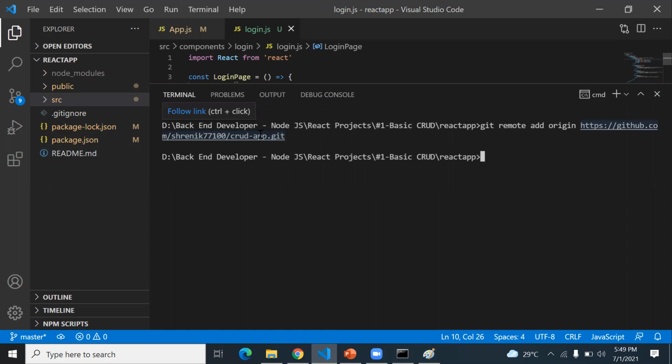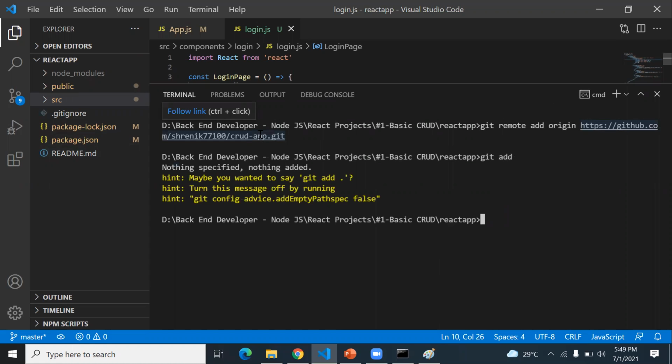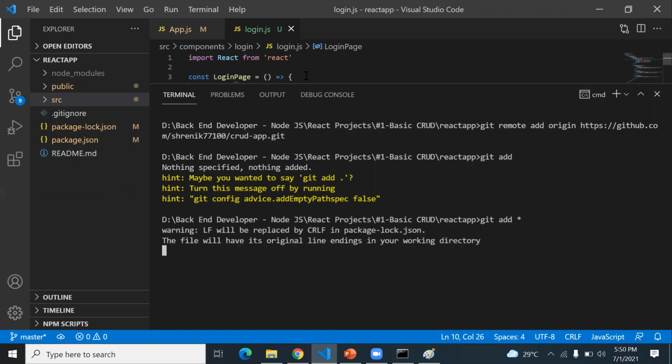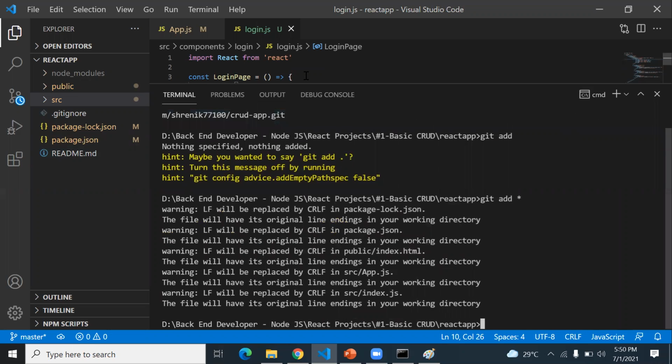Now you go ahead, you write git add. This git add will first prepare the things to add in the process. Now you type git commit. Actually, if you write git add star, it will add everything.